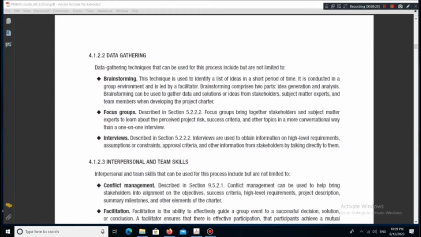4.1.2.2 Data gathering. Data gathering techniques that can be used for this process include but are not limited to brainstorming. This technique is used to identify a list of ideas in a short period of time. It is conducted in a group environment and is led by a facilitator. Brainstorming comprises two parts: idea generation and analysis. Brainstorming can be used to gather data and solutions or ideas from stakeholders, subject matter experts, and team members when